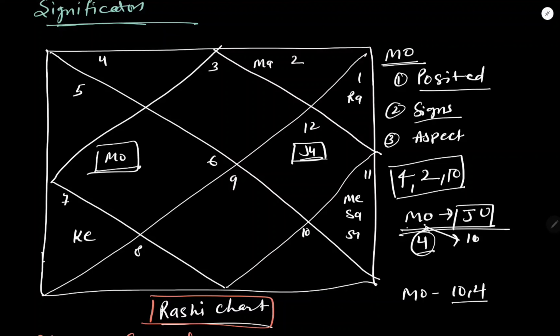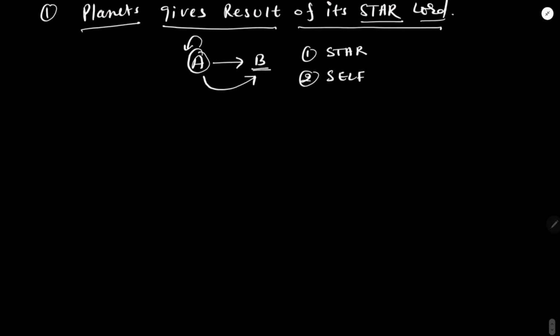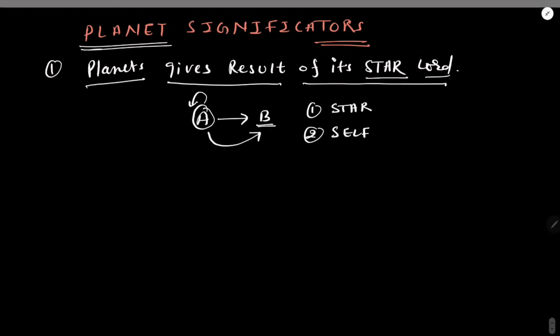Planets give result of their star lord first. And this line will come to you every place, whenever you are assessing a chart, doing a prediction, horary, everywhere you will first see this result. This is a very basic rule. So whenever we see KP or we read a chart, this first rule should come to our mind. Okay, having said that,